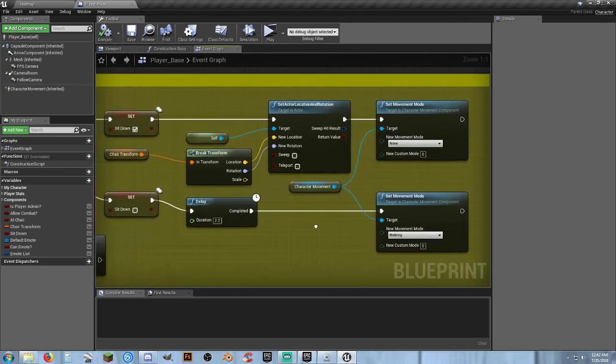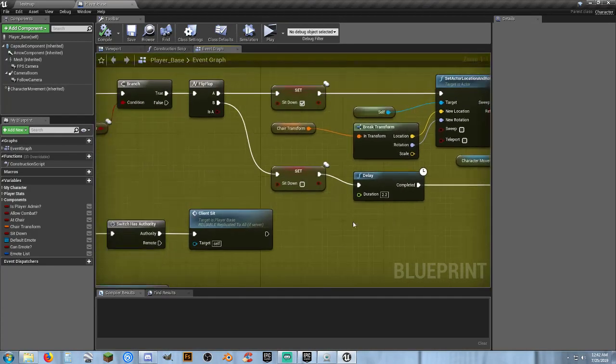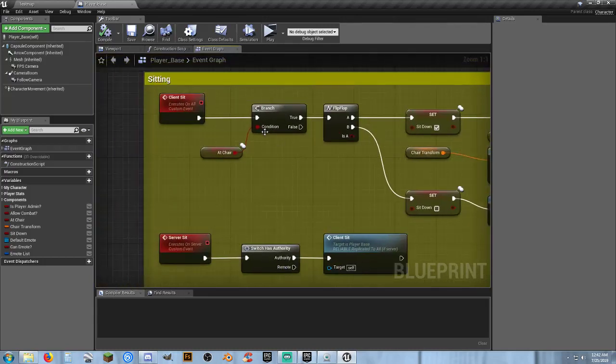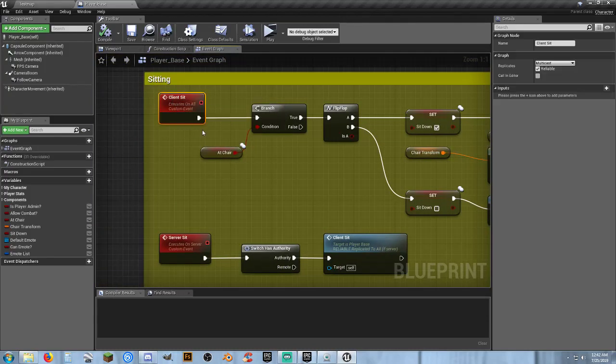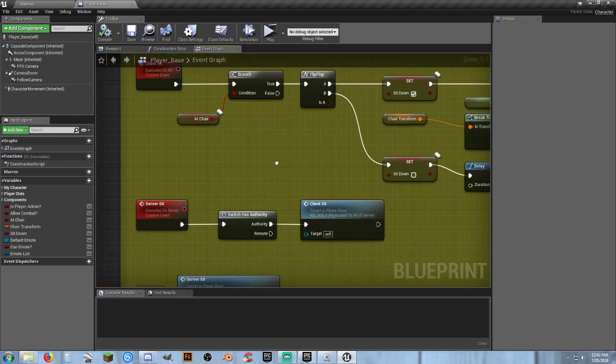And this is what I want them to do. And during that, I'm telling them to set movement mode to none or walking. That just stops them from moving while they're there. So whatever you want them to do, you create the basic custom event and multicast at least. You don't have to do reliable, but at least do multicast. Create the functionality, and then